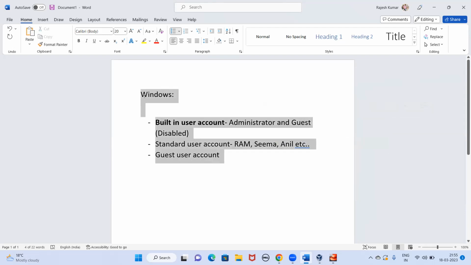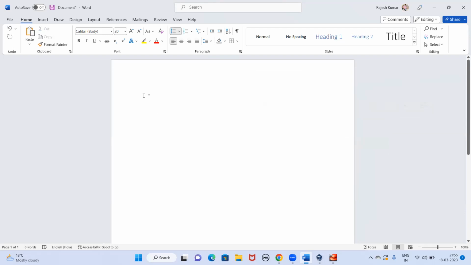You know very well about Windows. This was just an overview. Now, when we talk about Linux, whatever flavor of Linux it is, there are three types of user accounts again. The first one is root,